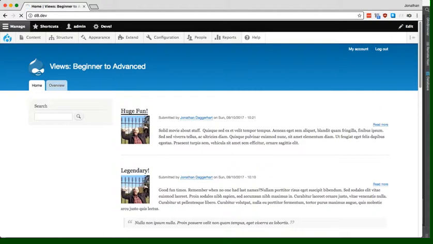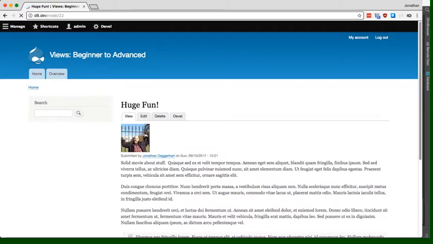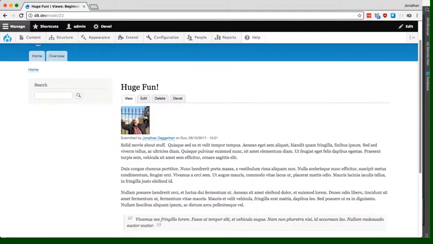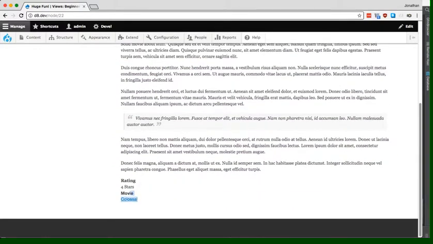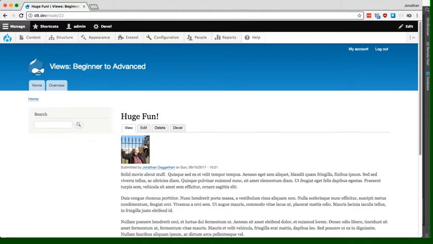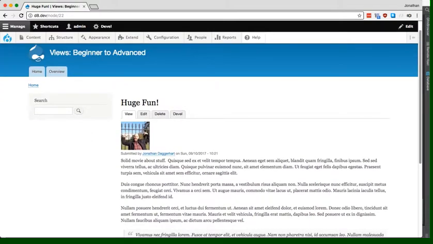Okay, so here's my movie review of Colossal, which actually is a good movie. Let's see. So it's pretty simple. There's my movie review. It's got the movie Colossal rating 4 stars. We're going to make this page a lot better with some views in a moment. But that's pretty much an overview of